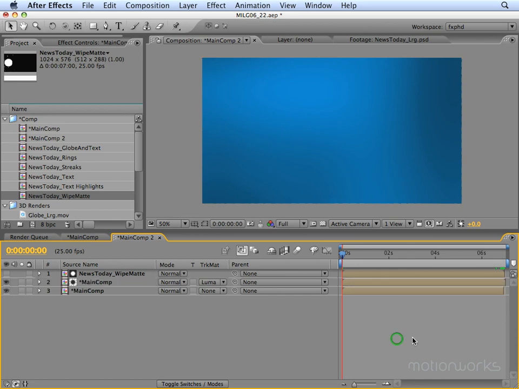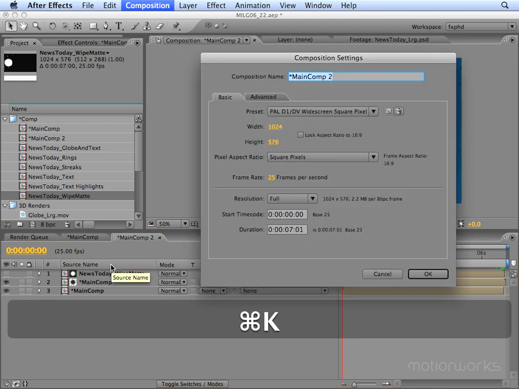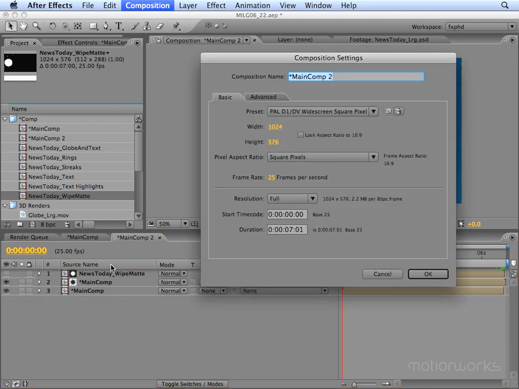But before we do that, if we were actually delivering this as a finished product, we would have to deliver it as anamorphic, and we could do that within this comp here. So if we open up the comp settings, first of all you'll notice that we're working at 1024x576, and I know a lot of you out there may well be using